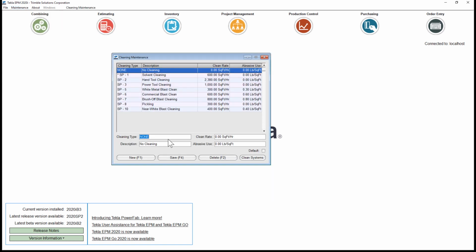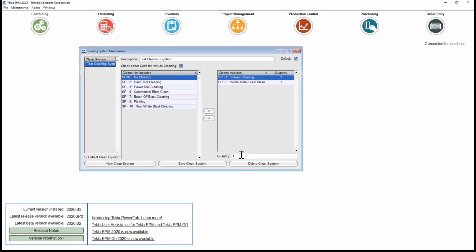I can also go to estimating clean maintenance. So here something new is that we can add a new cleaning type. Previously, these clean types, there were only 10 of them, so you'd have to rename one. So I can do a new, and if I click on Clean Systems, I can now add a system that